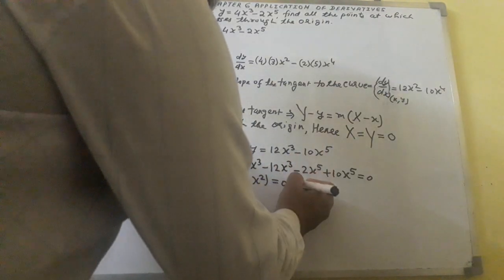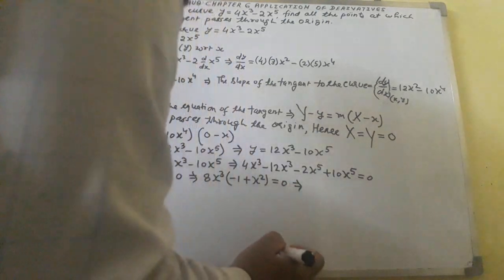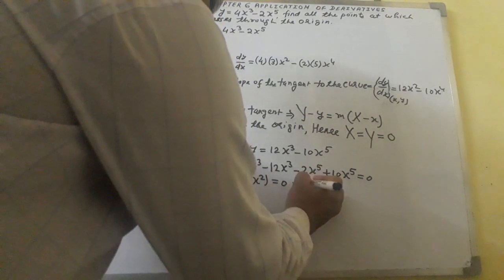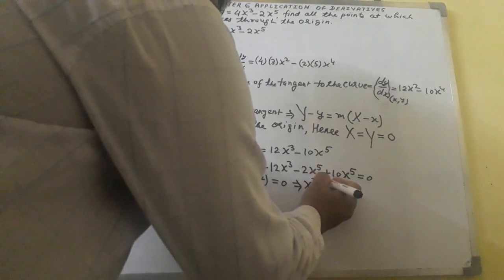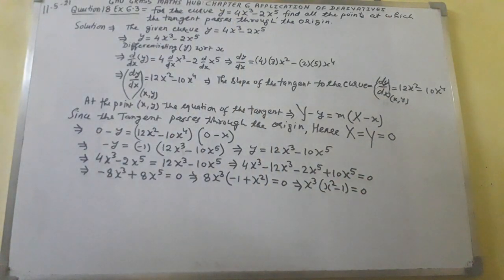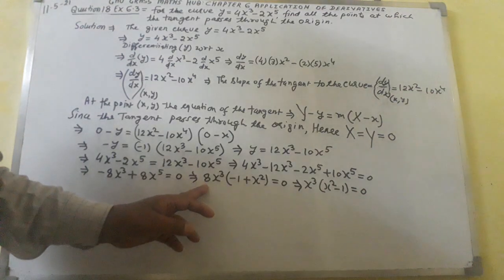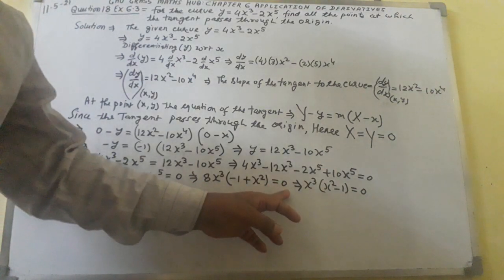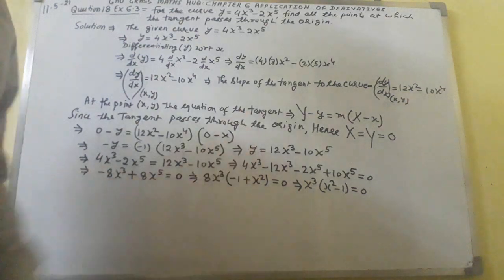So we have got, implied that, x cube times (x square minus 1) comes out to be 0. This thing we have got, because 8 will be shifted to the right hand side, and 0 over 8 comes out to be 0. So here you will get, implied that, x cube is equal to 0, implied that x equal to 0.